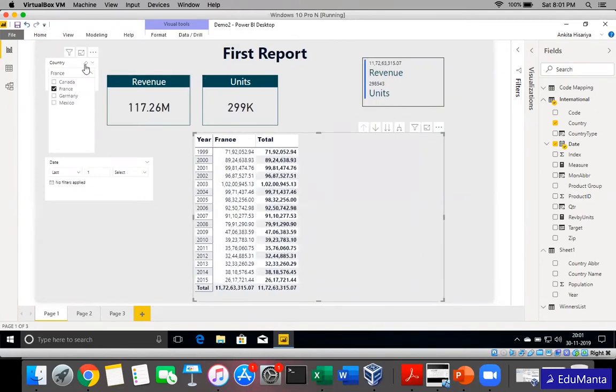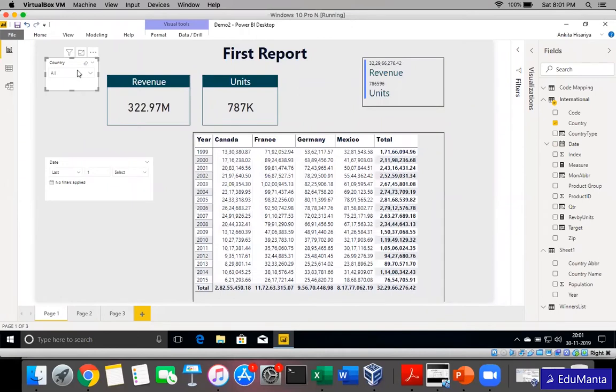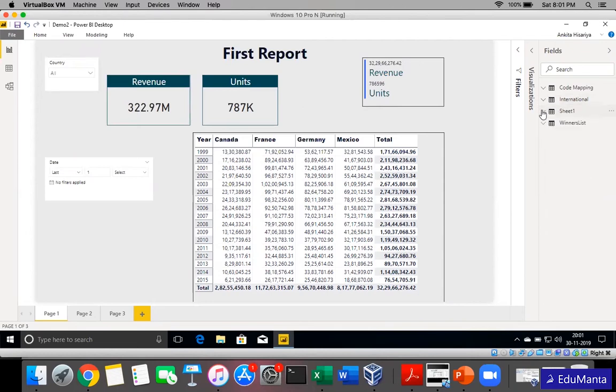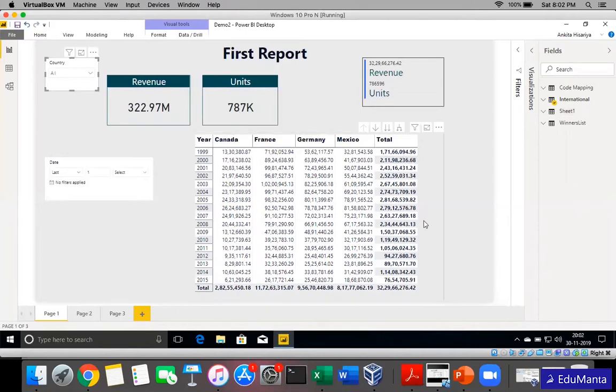So this way the visuals are interacting. By default in Power BI, whenever we create visuals that are related to each other, either from the same query or they have a relationship with each other, there's an interaction between the visuals. But we can edit that. Sometimes our requirement is, okay, I will change the country filter here, my summary doesn't change, only this table changes, or this table doesn't change, this changes, and so on. We may have this requirement in business day to day, and it's a very common requirement. So how do we edit that?